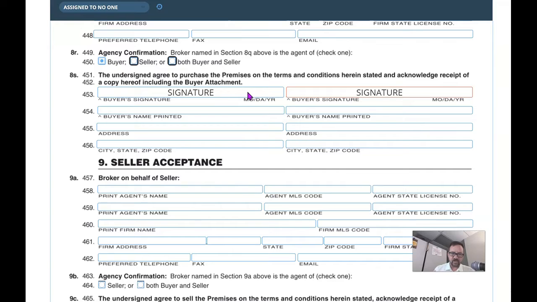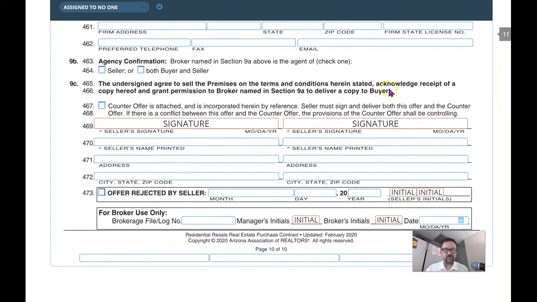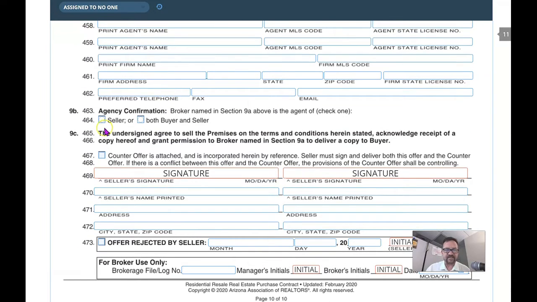other side. Seller. Now, this part 9 here really needs to be filled out by the seller's agent. But if you were a nice person as the buyer's agent, you have most of this information available. So you're going to fill out their name for them. You're going to get it off the MLS. You're going to put in their code. You're going to put in their state license number and really help a fella out and put this extra information in. All right? And then the first thing that happens on this side is the seller is going to confirm whether